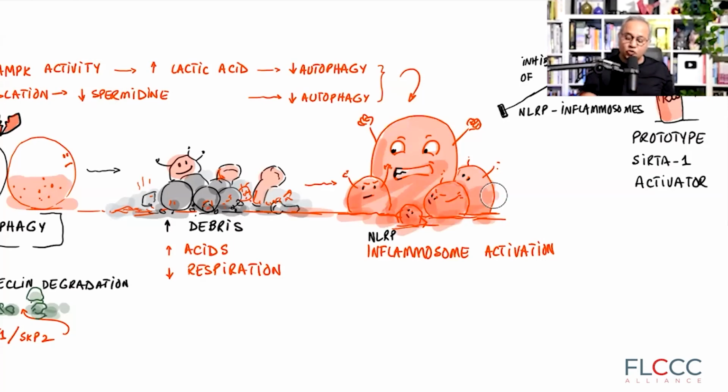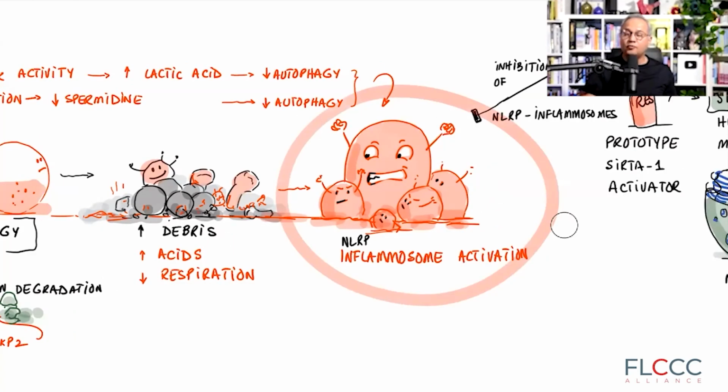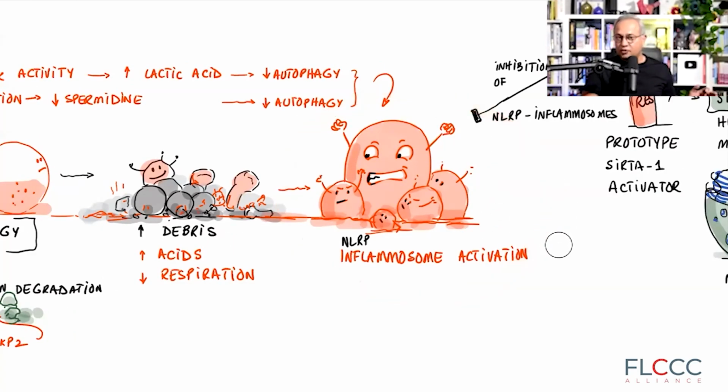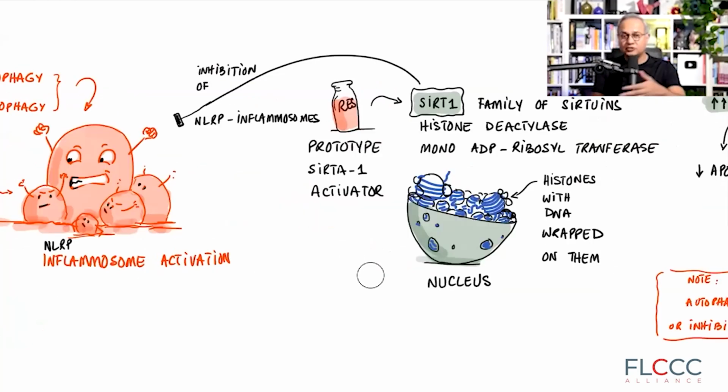So inflammasomes are activated. That is a frustrated behavior of the cell to say, I can't get rid of this. I'm just going to become angry. You would agree that we do not want inflammasomes. So then what do we do? Spermidine is one answer. The other answer, of course, is intermittent fasting. Another answer is resveratrol. Resveratrol is separately available, plus it is part of red wine as well.